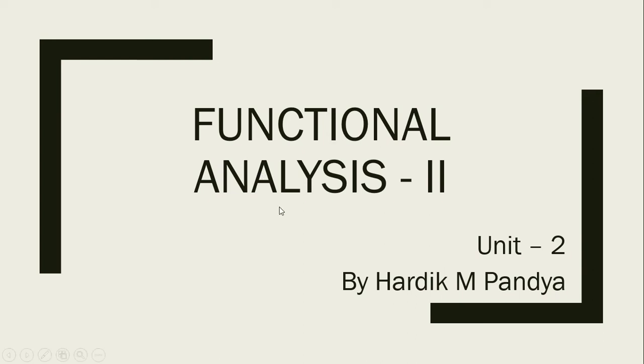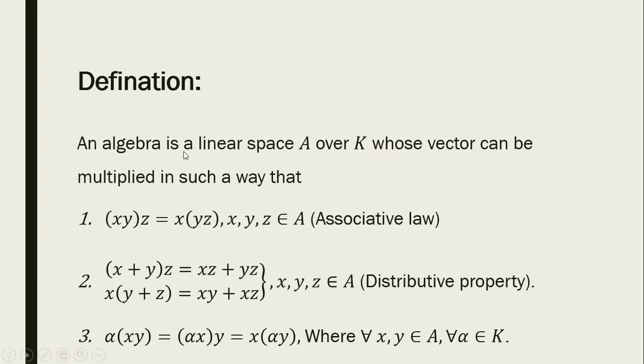Functional analysis 2. Definition. An algebra is a linear space A over K whose vectors can be multiplied in such a way that